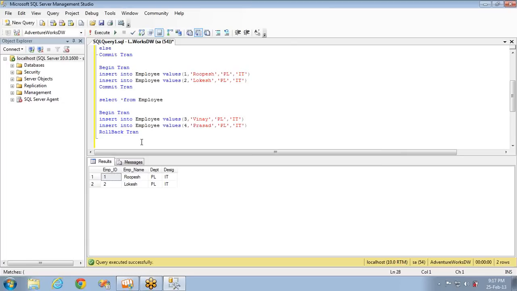In a couple of minutes, we are going to discuss a bigger and better example in which we will see how we make use of transactions. Now let's see a few transaction types.